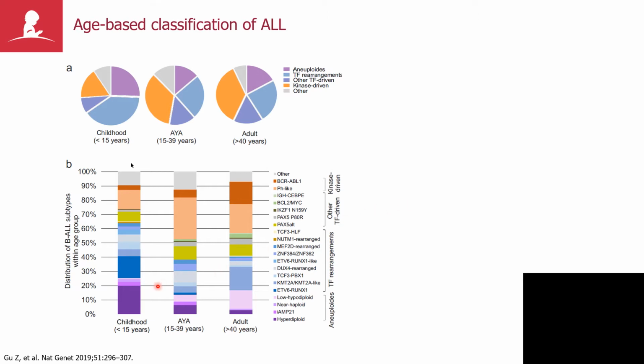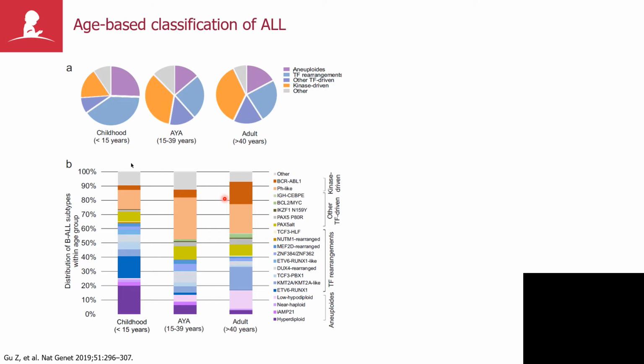It's important to stress the point that these subtypes are highly age dependent. We see a predominance of good risk subtypes of leukemia in children, such as hyperdiploidy and ETV6 RUNX1, as well as some other subtypes of leukemia, ETV6 RUNX1-like leukemia, as mentioned before. And with increasing age, we see a rise in the frequency of PH-like leukemia, and with a further increase in age, a continual elevation in the rate of BCR-ABL positive leukemia, such that kinase-driven leukemias, be they pH positive or